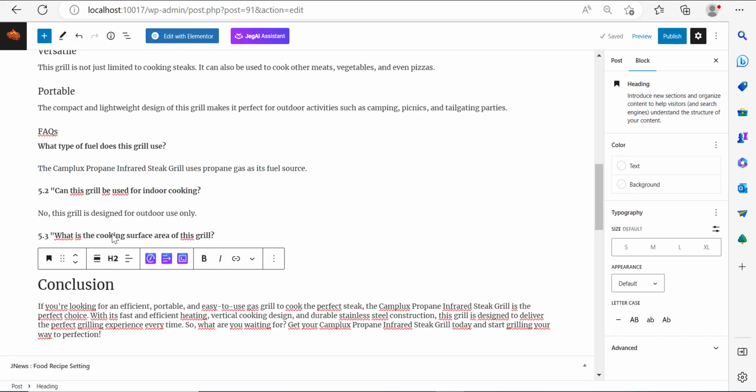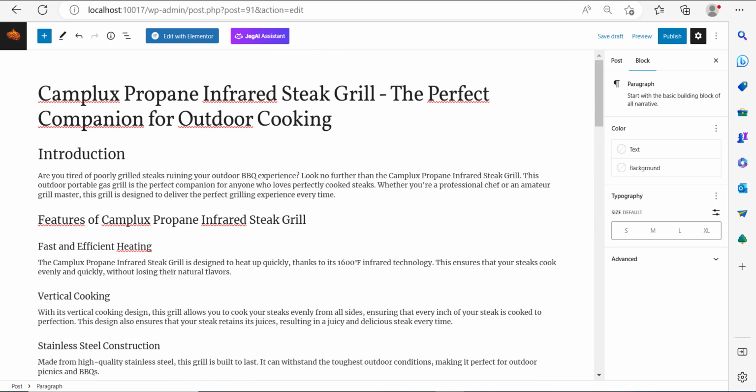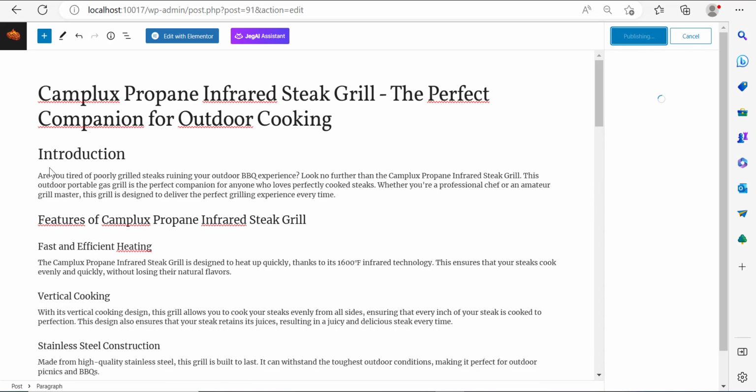Click. Change it to H6, and that's it. Now we have our post. Let's publish it. Now another thing you should know about this, which is the Gutenberg editor, is that it can